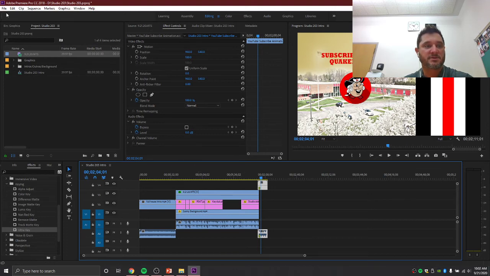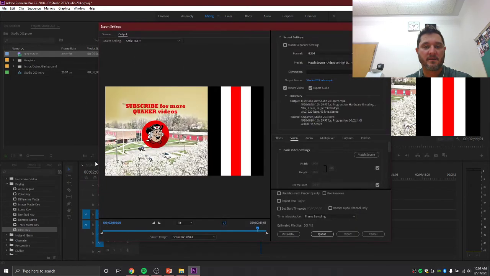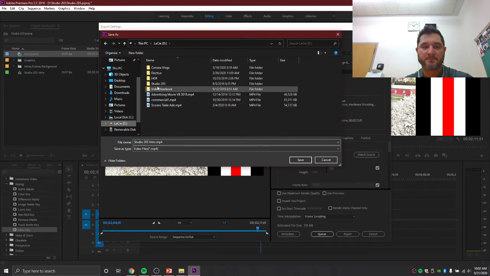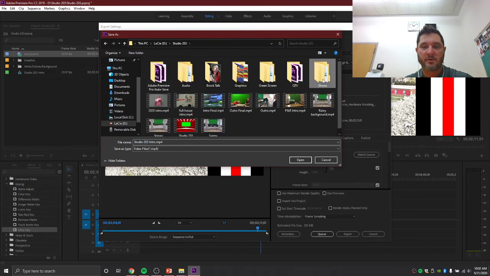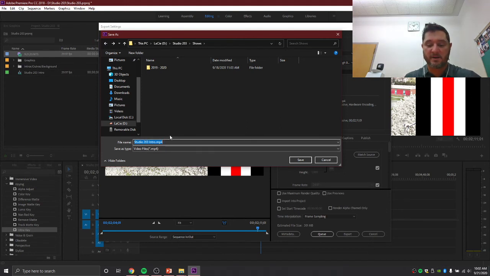It's highlighted. And then you'll just go up to File, Export, Media, and I'm just going to change the output name. I'm going to make sure it says H.264, but change the output name by clicking on this blue title. And I'm going to go to Shows, the show folder under the Lacey. So if it's not already selected, I'll go to Lacey, Studio 203, the Shows folder. And here's all the saved shows from last year. I don't have any for this year, so I'm going to change the file name to,